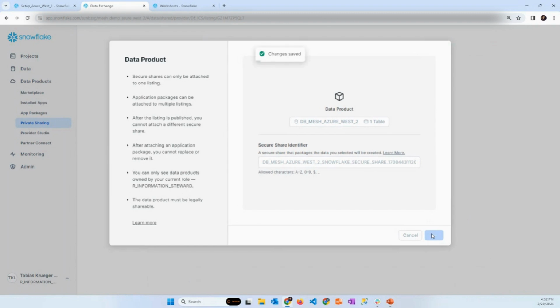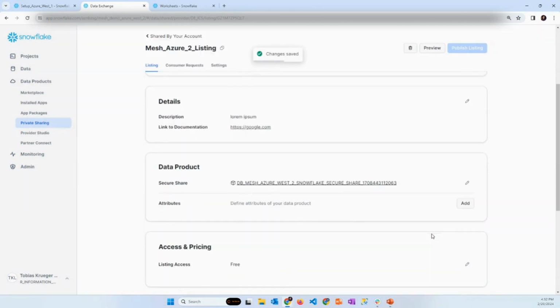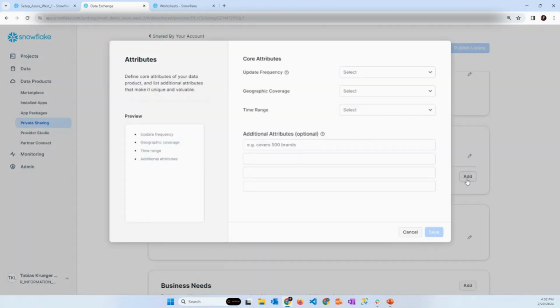Then we can also add some information about the attributes here. How often is the update frequency? Let me say for the moment it's daily. Do we have some geographical coverage? It's not applicable for the moment. Do we have some time ranges related to these data products?